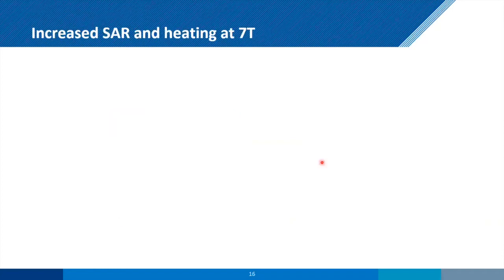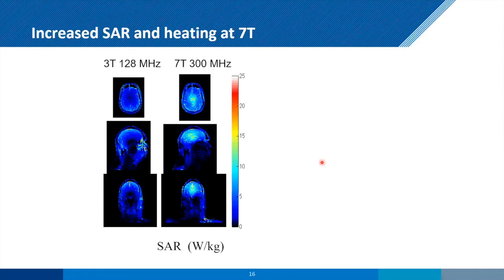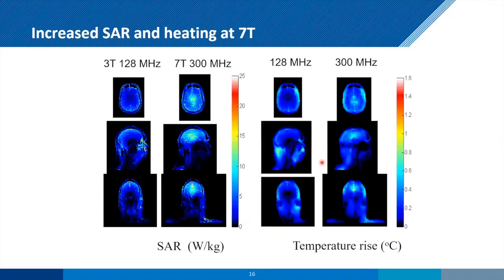Increased SAR, heating at 7T compared to 3T or 1.5, is not just increased, but also the spatial distribution, of course, is very difficult to tell. And so this is work, of course, by Chris Collins here. And again, if you're at 3T, then things act sort of the way you expect. Your electric field is going to be 0 in the middle because you've got a very symmetric structure. If you're driving with a birdcage, you know where the heating is going to be. That goes out the window when you start looking at 7T here. So you can get hotspots in different places.